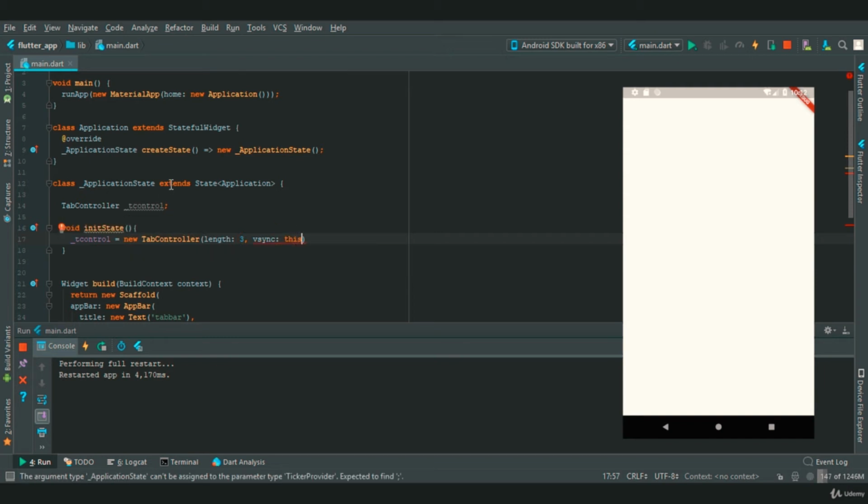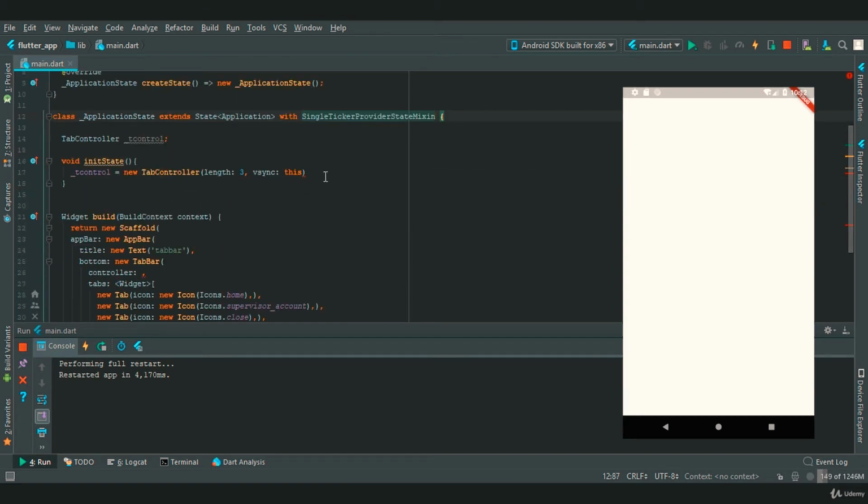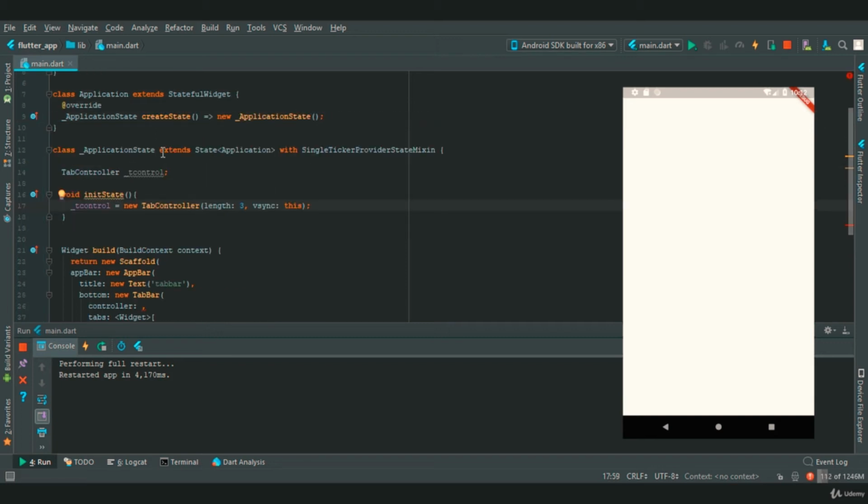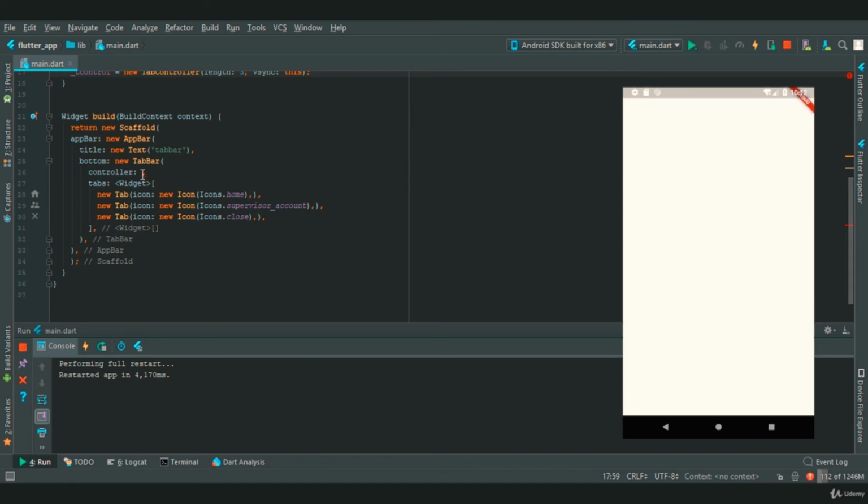Now where it says extends state application, we need to provide with single ticker provider state mixin, and now there is an error, which is semicolon error. Now we want to provide this t control in our controller, so we'll say t control. Now let's restart our app.